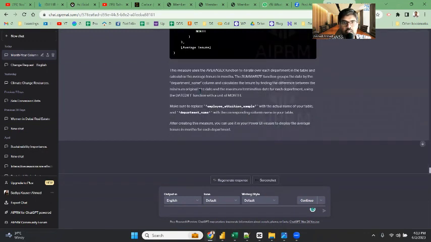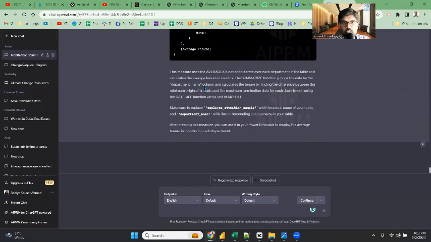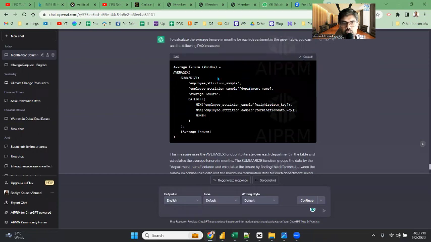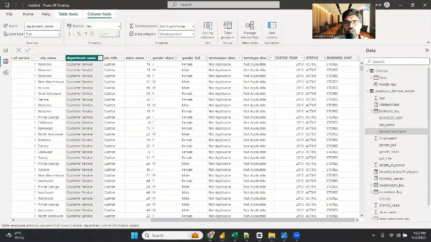If you want to understand how the AVERAGEX function and the SUMMARIZE function work, we can read this, but what it is doing is calculating the average tenure of every department. First it is calculating the tenure, then summarizing it at the department level and giving us a roll up. So now we will go to our